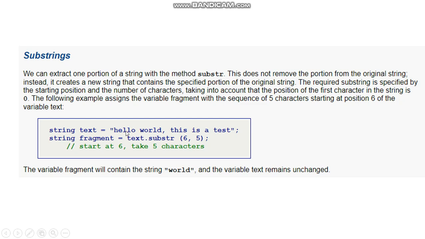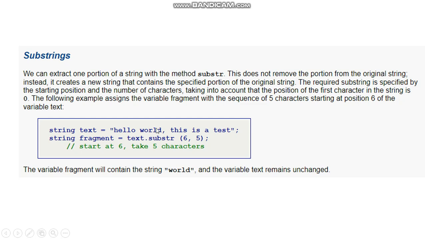Indexing sometimes starts with 0, so here this is 0, 1, 2, 3, 4, 5. And the 6th position, the word W starts at the 6th position. From there 5 is given, so the content of the substring begins from here: 1, 2, 3, 4, 5.